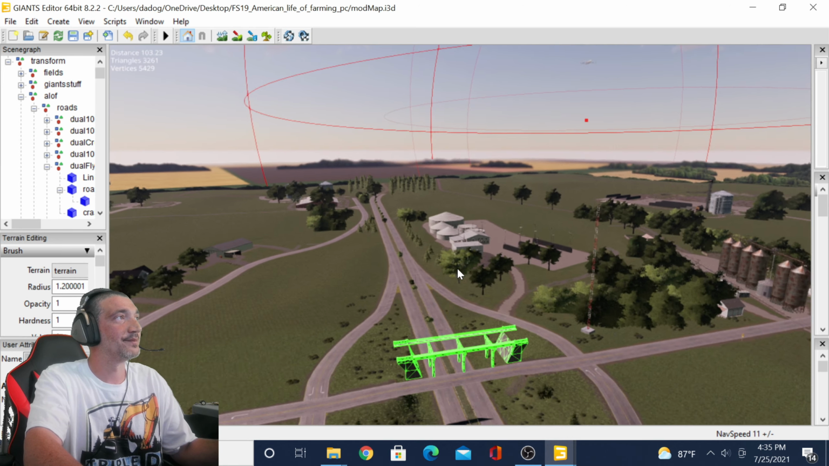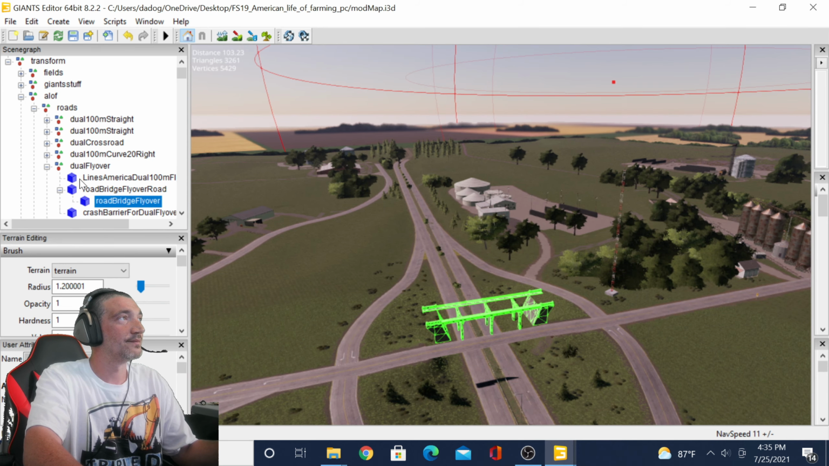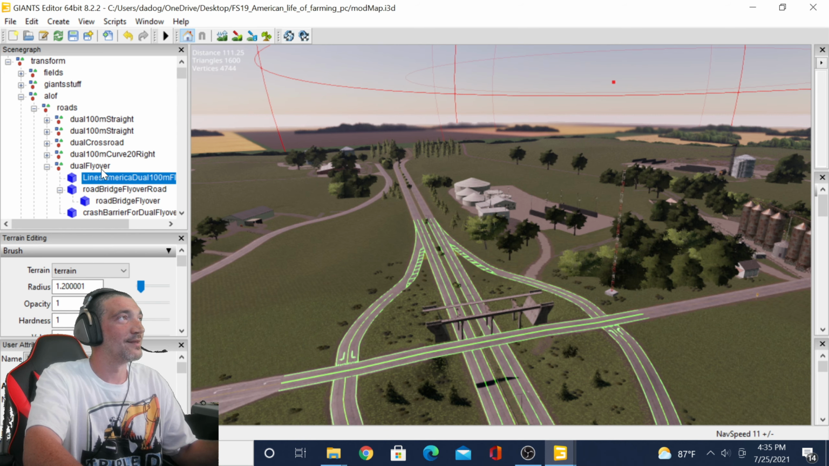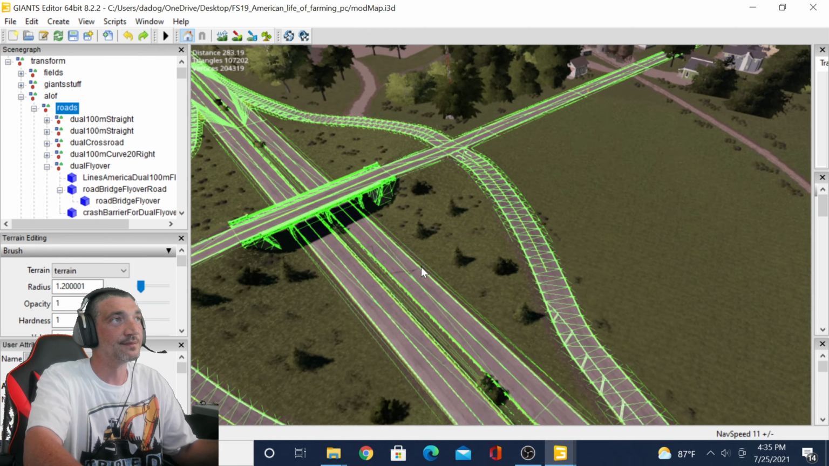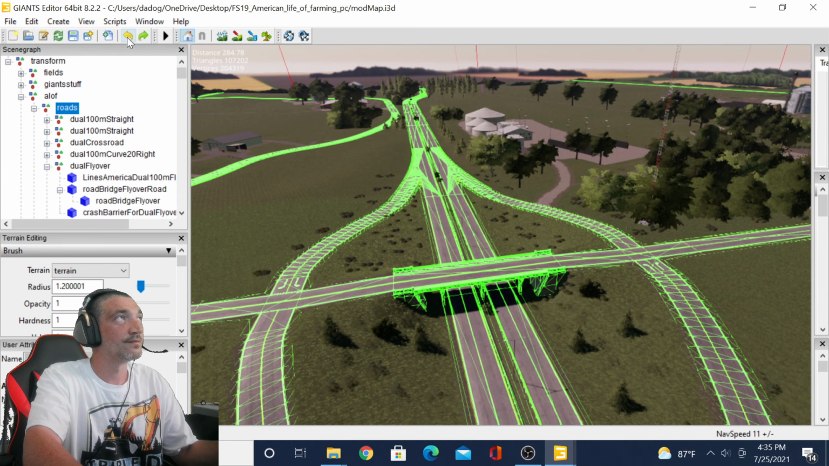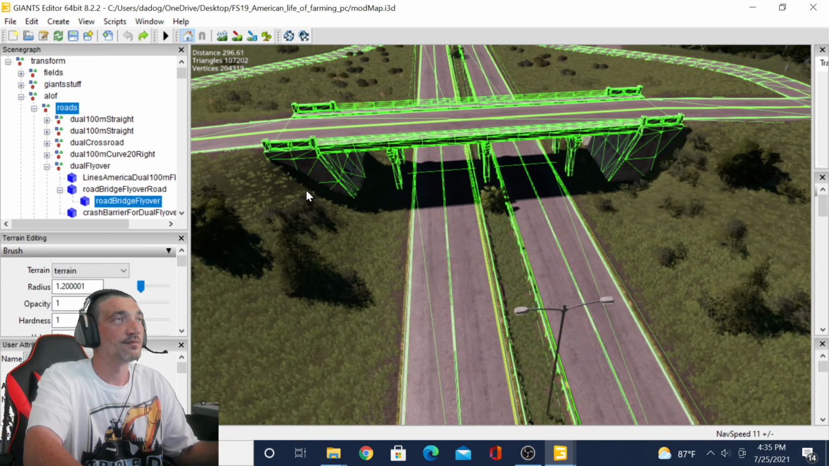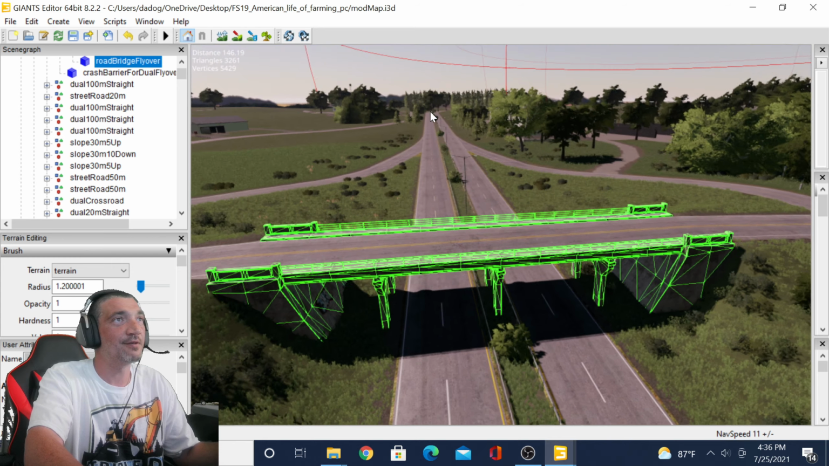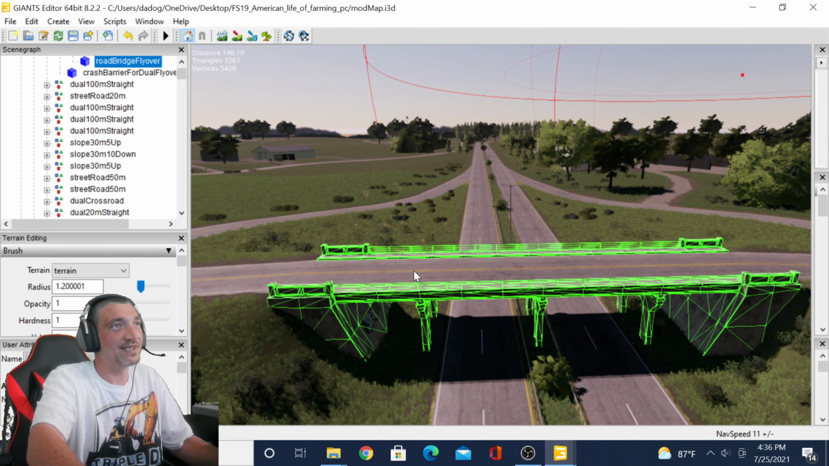So we could grab all of that. But anyhow, let's just back up, put that bridge back down. Alright, so if we want this bridge inside of Bucks County, PA, so what we do is we highlight it,